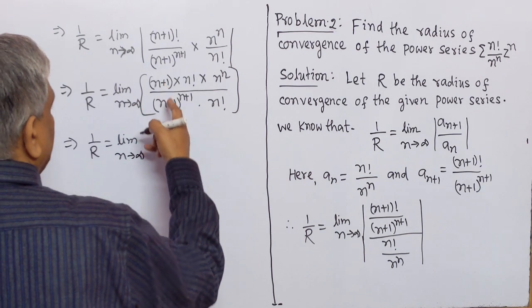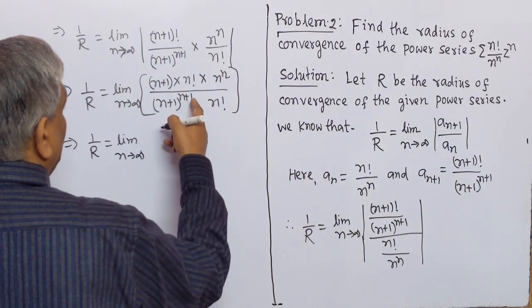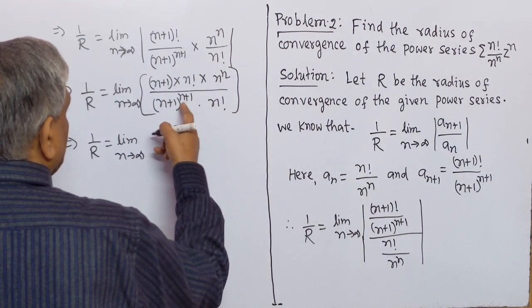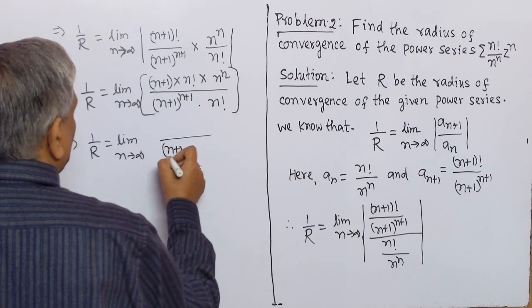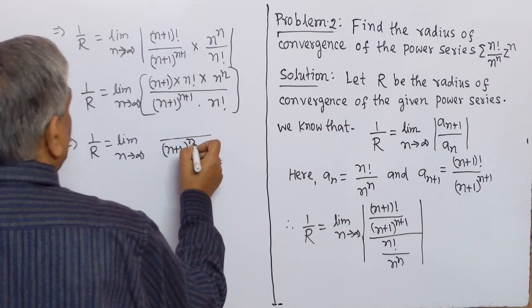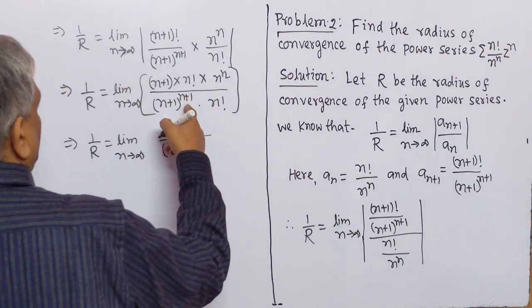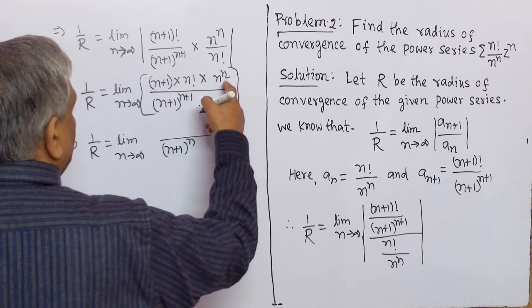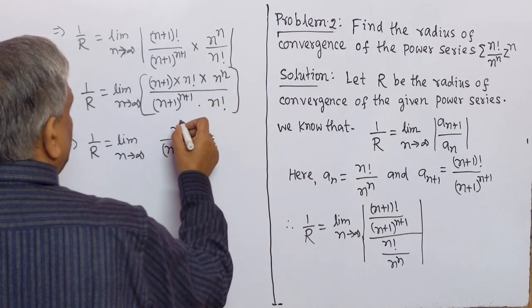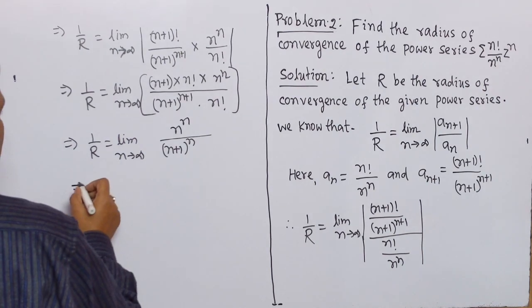Here n plus 1, here n plus 1 to the power n plus 1 means here we get n plus 1 to the power n, 1 power reduced, and factorial n cancel. Here n to the power n,